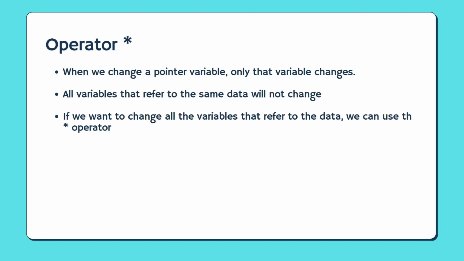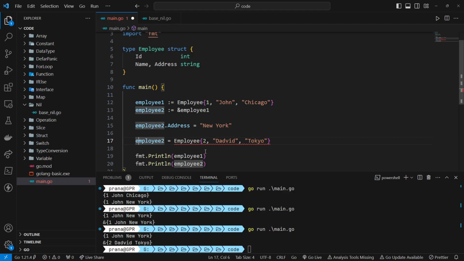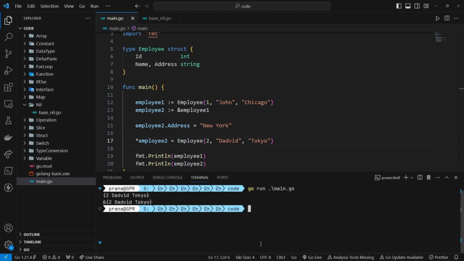Operator asterisk. When we change a pointer variable, only that variable changes. All variables that refer to the same data will not change. If we want to change all the variables that refer to the data, we can use the asterisk operator. By utilizing the asterisk operator in conjunction with pointers, we can dynamically alter the reference of employee1 to a new employee object, such as switching from the original John to a different employee. Let's say David. This results in both employee1 and employee2 having a new reference pointing to the employee